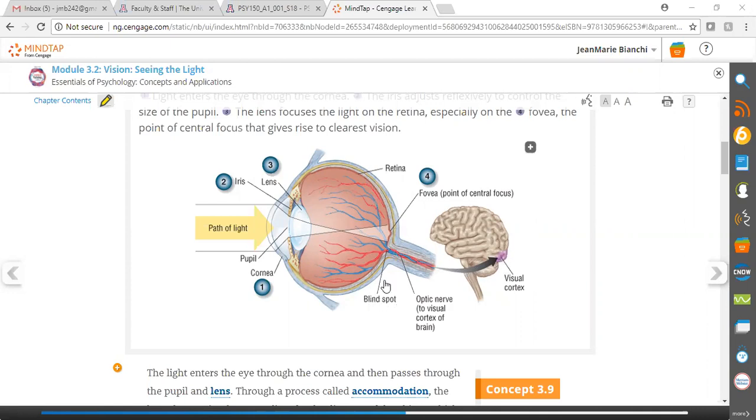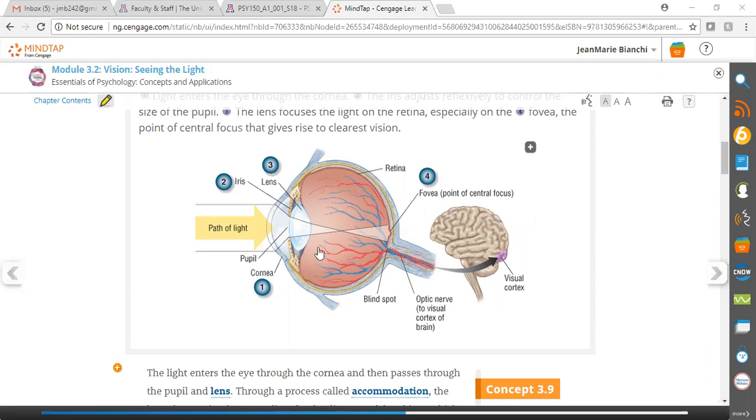Your blind spot is right here where the optic nerve leaves the eye. There are no photoreceptors there, so you actually have a blind spot. Now, you don't perceive that walking around every day because your brain casually sort of fills it in. But as you'll see coming up in the reading, there are some demonstrations you can do to make yourself aware